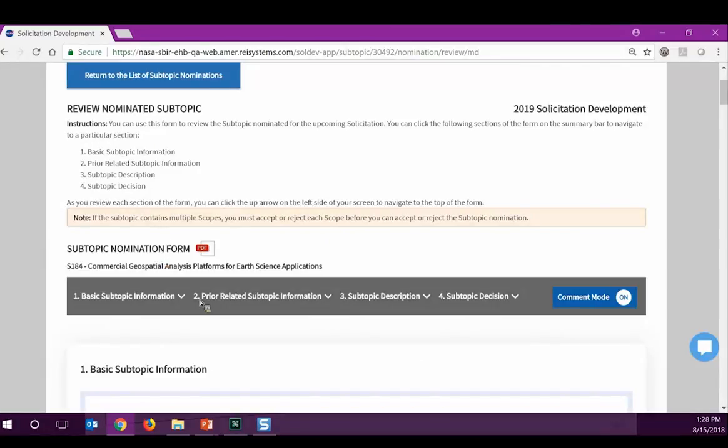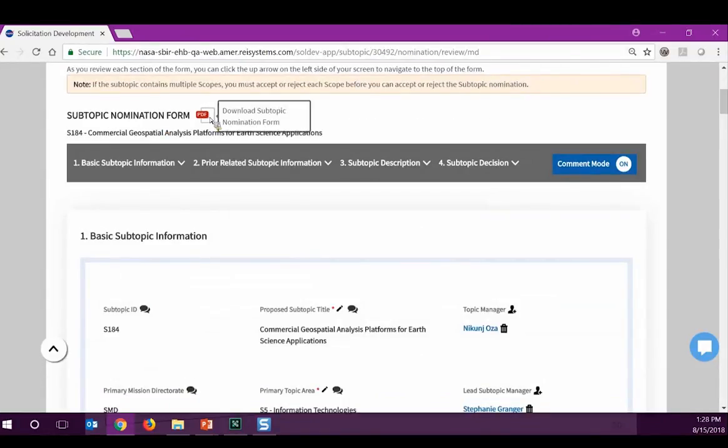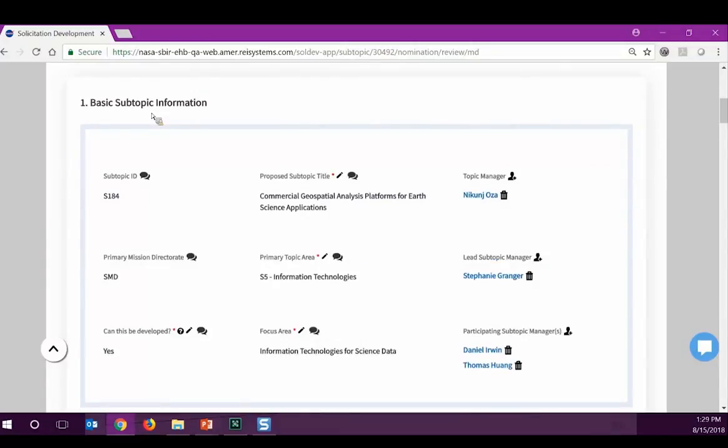So here is the subtopic nomination form. This is a link to download the printable version. The view history will be up here in just a few days' time. And this is the basic subtopic information. As I mentioned, this is how to add a role, an assigned user, and this is how to remove an assigned user. The purpose of that being, since the nomination forms were added from the back, as PDF forms